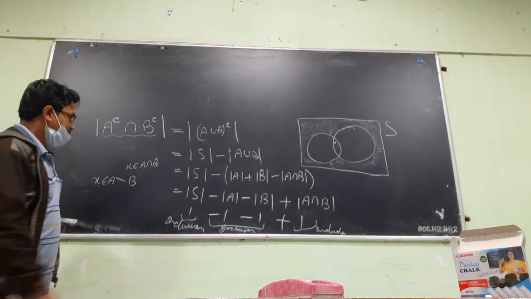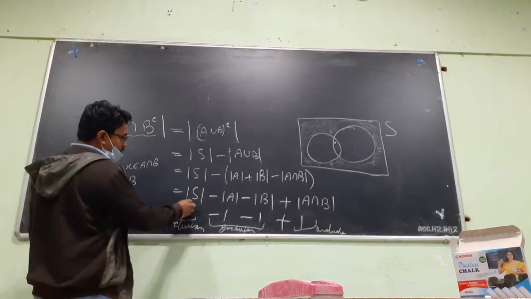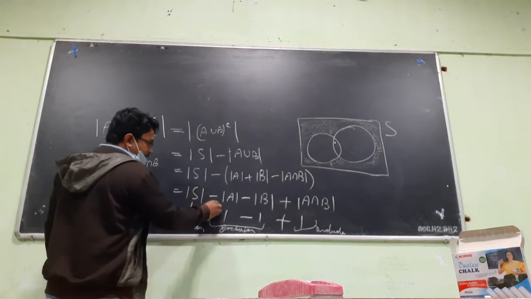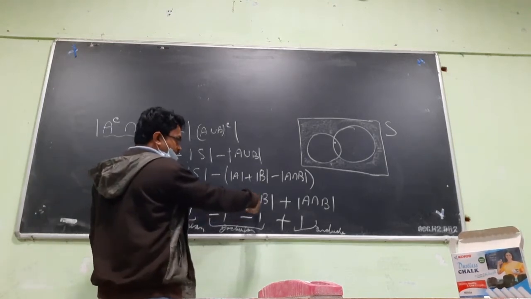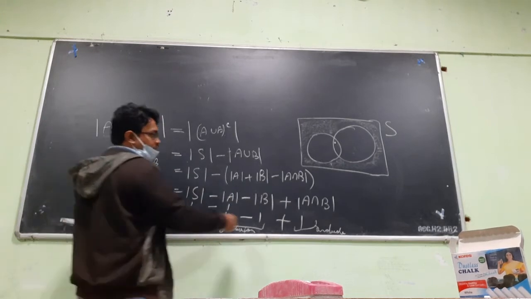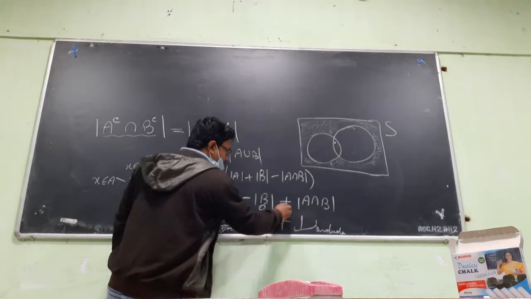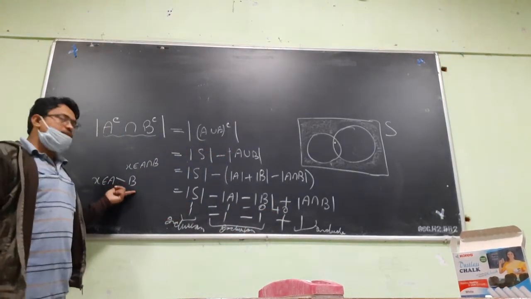Okay. So let us see if x is there in A but not there in B. So it is counted once in this. We count once here, we count once here. Okay. Here it is not there. In B it is not there, so in B it will not be counted. So here it will be 0, and here again. So ultimately the net count for such type of elements is also 0.